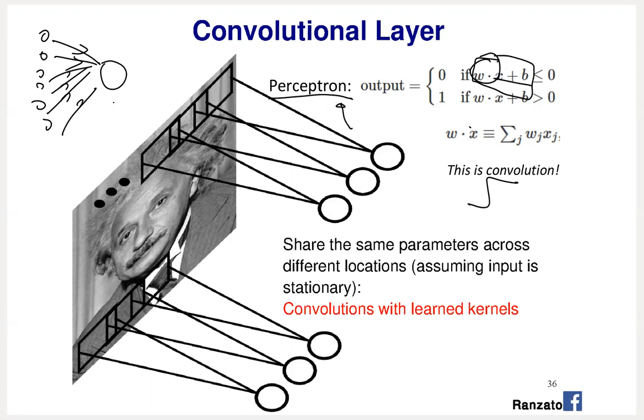Typically you can also add a bias here, but the bias can also be absorbed into this. After the weighted sum, you go through an activation function. This activation function can be sigmoid, can be ReLU, and so on, and gives you an output, right? So this is the operation of an artificial neuron, and this part is just this one here,